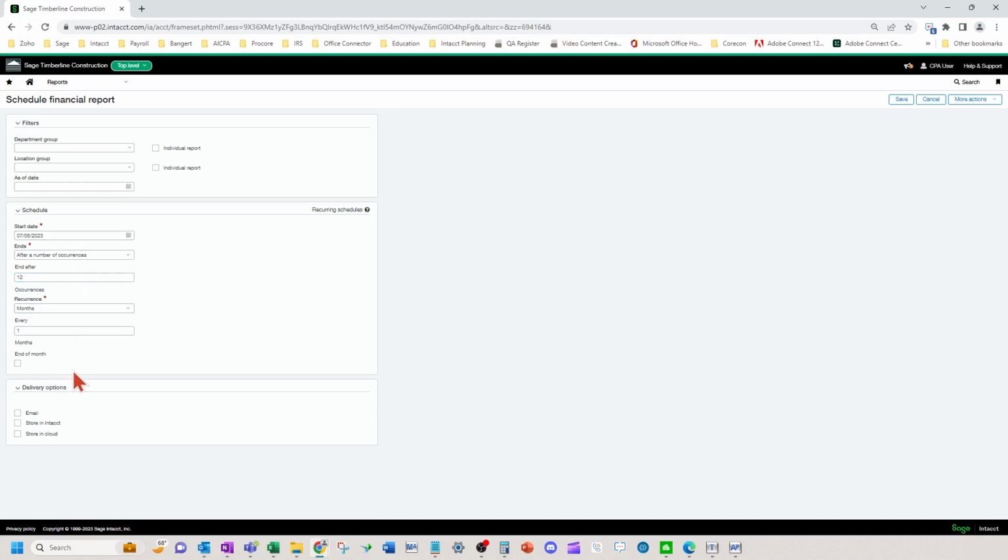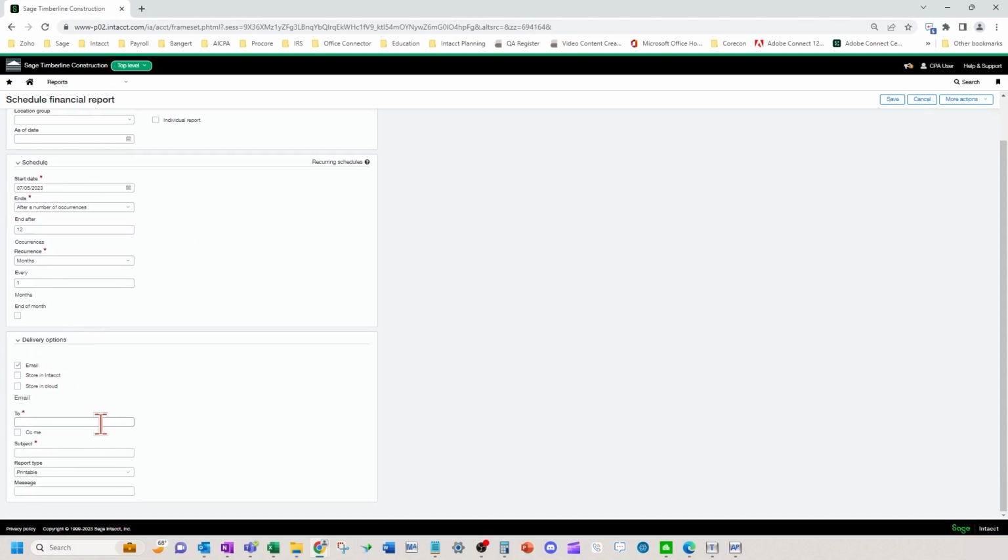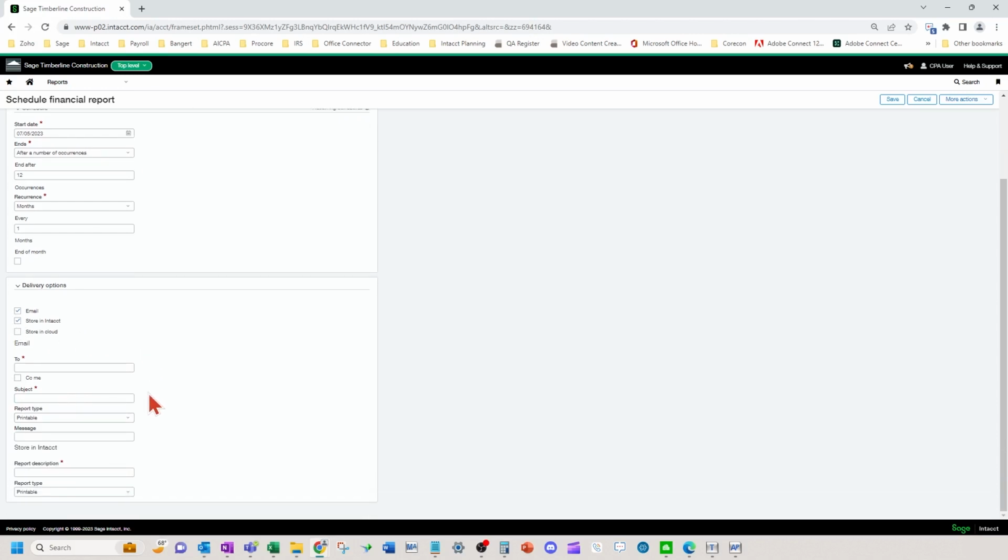Okay. So you can do different things here with delivery options. You can have it emailed to yourself or to someone else or to more than one person. You can also put a subject in here and a message. You can do things such as storing the report in Intacct.